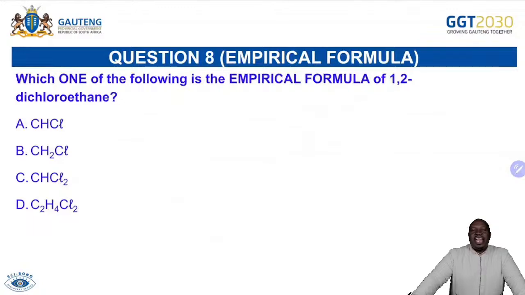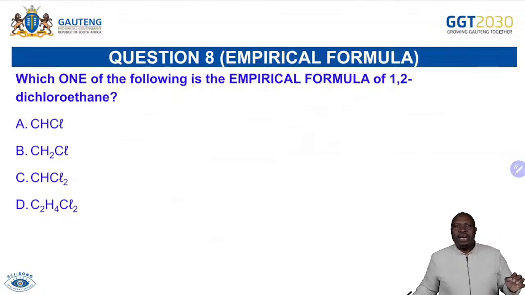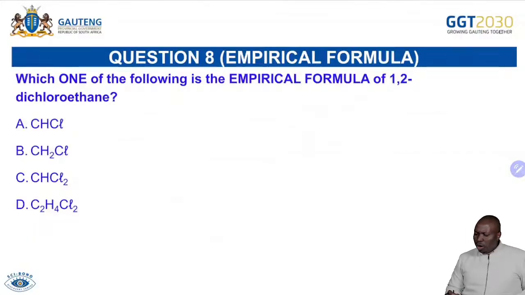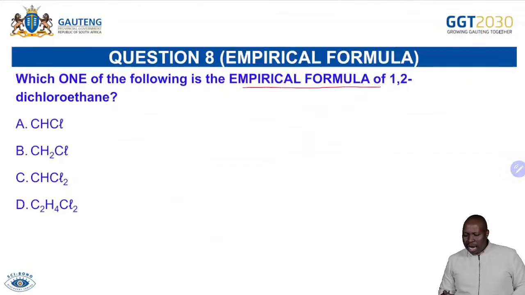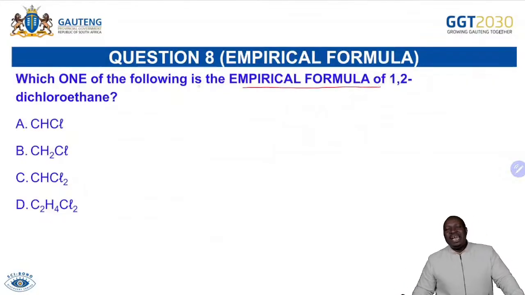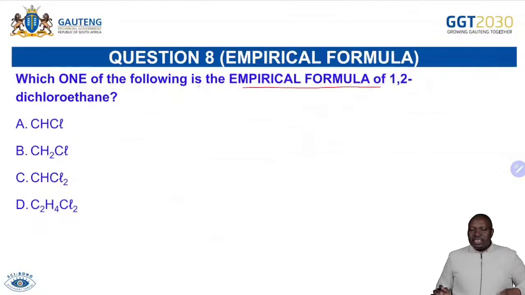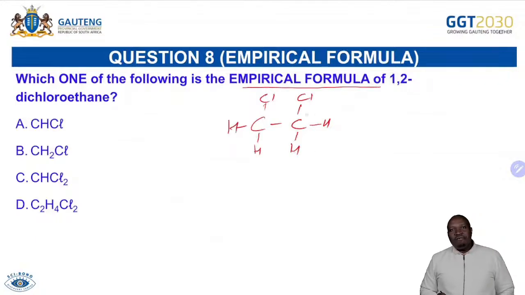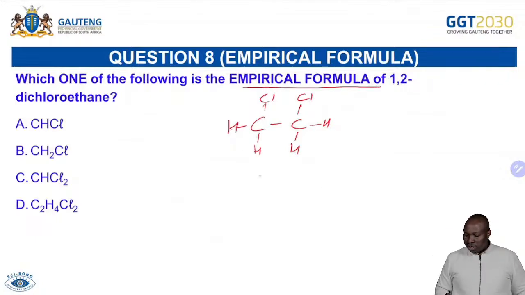Now, the issue of empirical formula, which is the simplest whole number ratio. Empirical formula refers to the simplest whole number ratio. And we are asked which one of the following is the empirical formula of 1,2-dichloroethane. The best thing to do is to first draw the structure so that you can see ethane, and in carbon number 1 we have a chloro, in carbon number 2 we have another chloro. Then you are able to draw it like that. From there, when you have that structural formula, you can write the molecular formula, which in this case is